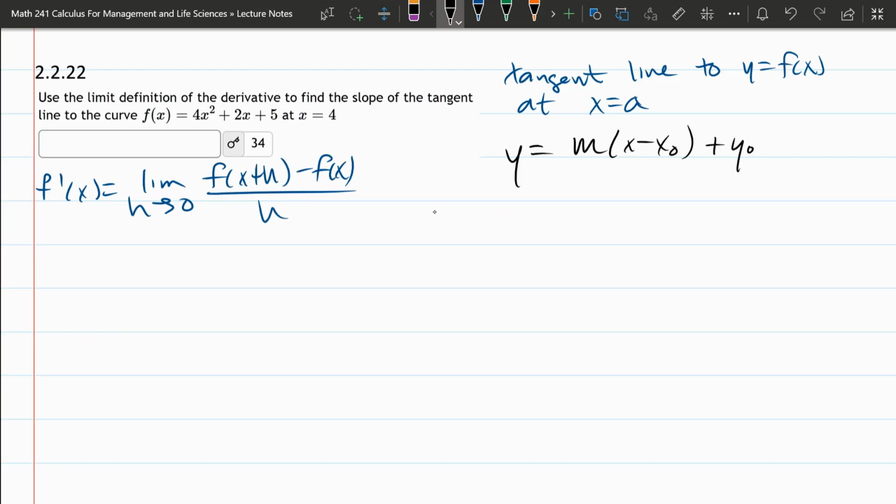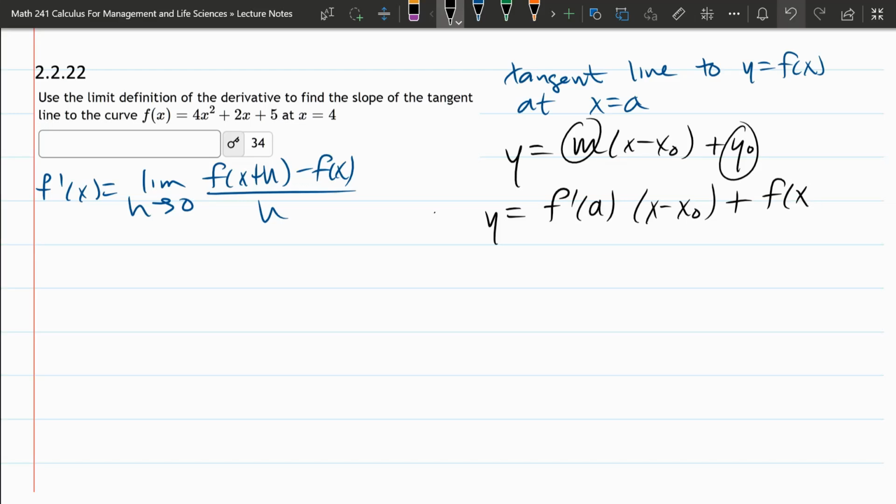plus y naught. The only difference now is we're going to swap out these two right here for something slightly different. So the slope is f prime at a. That's the slope of the original function at the a value. That goes in for m times x minus x naught plus, now y naught, the y value,